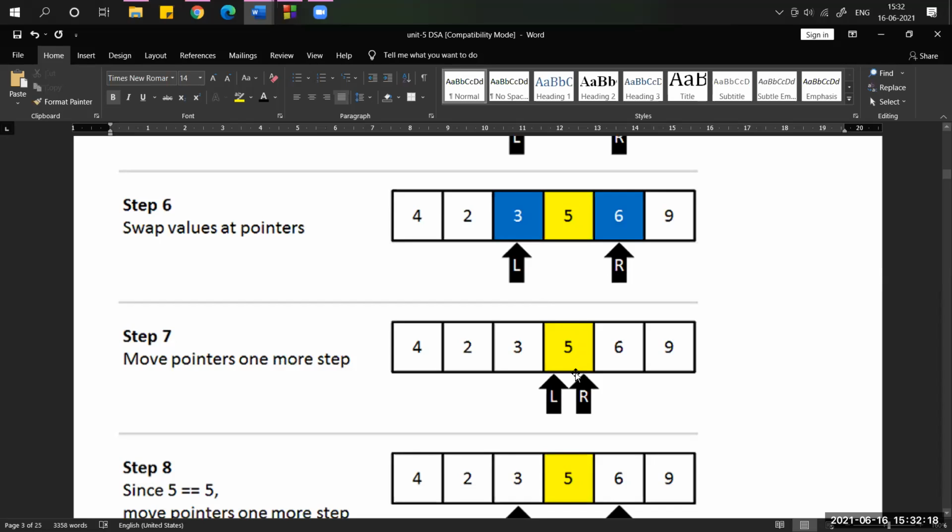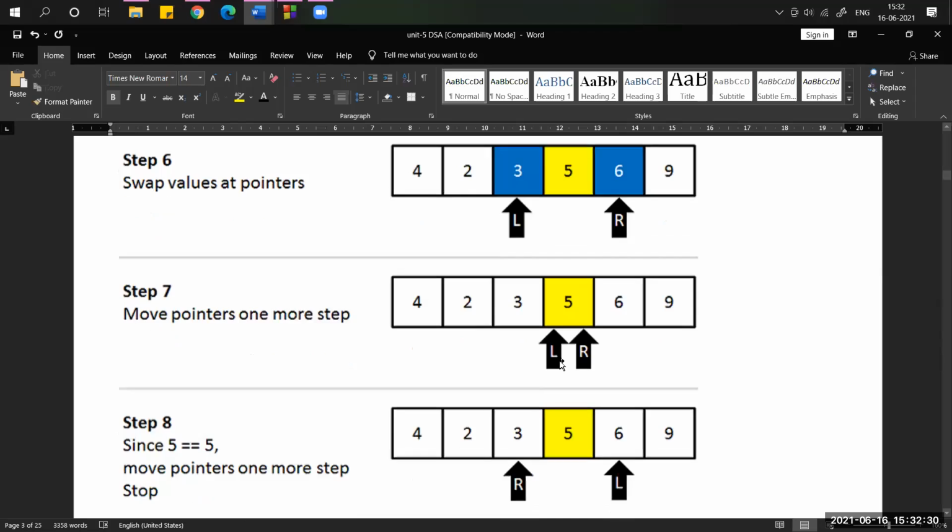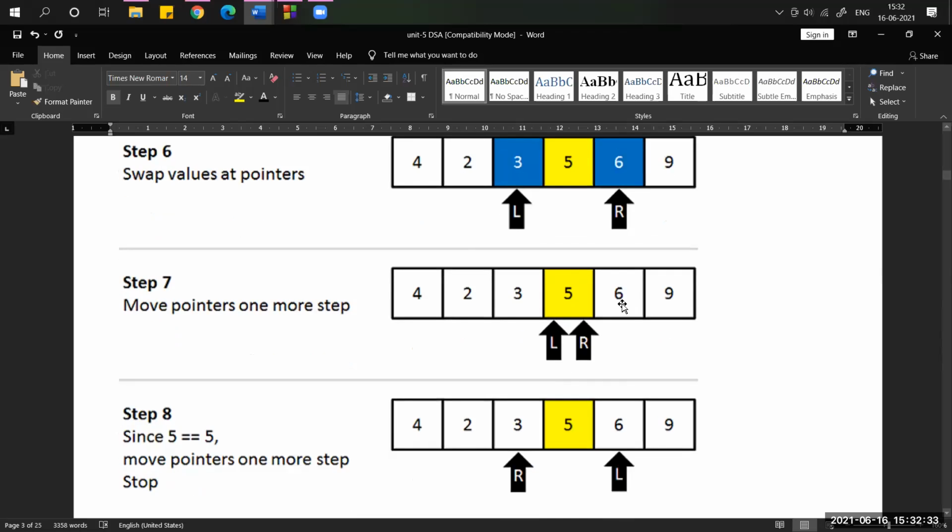Again the condition we have to check. That condition should be equal, right? Because both are following equal conditions. So at that time, again we have to increment the left pointer by 1 and decrement the right pointer by 1. So now the right pointer crosses the pivot element, and even the left pointer also crosses the pivot element. Whenever the left pointer crosses the pivot element and the right pointer crosses the pivot element, then we